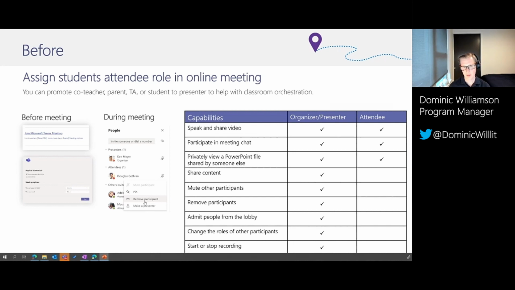And so this is why it's so important to make sure that you are setting your meeting options appropriately for your meeting, because there are many opportunities where you do want students to share their screen. You do want students to share what they're working on and to demonstrate their learning. But this is why we have those options, so you can decide how you're delivering that synchronous session to best meet the needs of that session. So there are absolutely times where you will want students to be able to present, and there will also be times where you do not want them to present, and that's up to you and how you deliver your session itself.